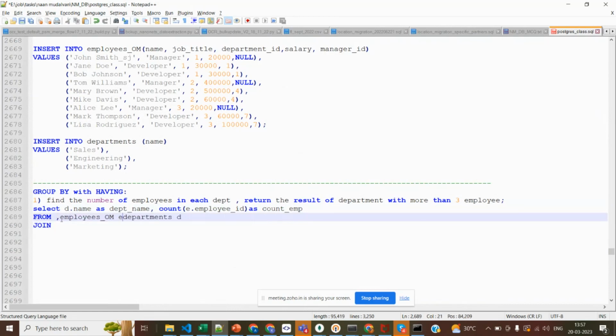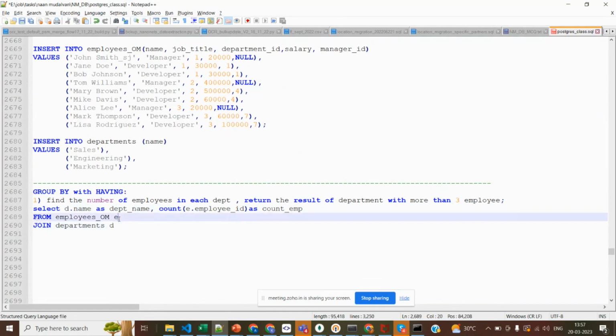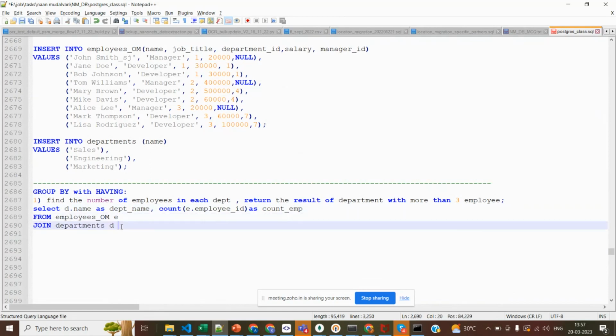I will give it in this manner. The left side should be employee, and the right side should be department. I need to select all these fields from employees and join the department. On what basis do I need to join the department? So E dot,